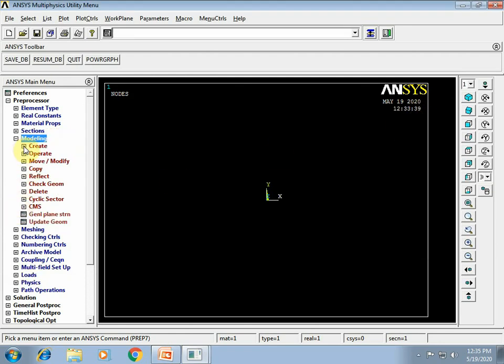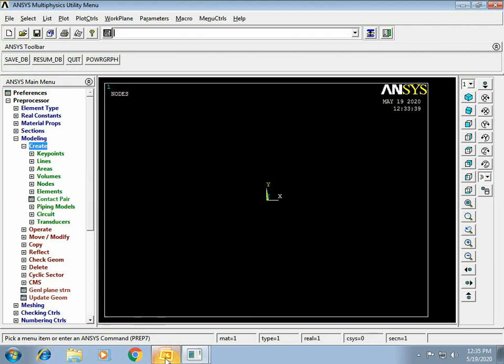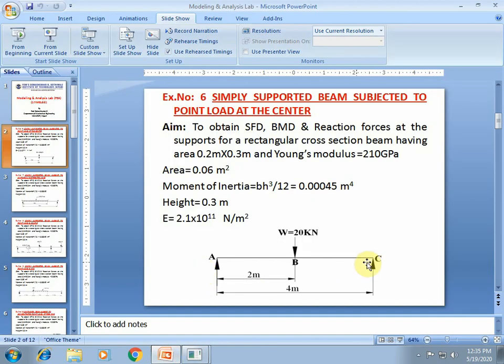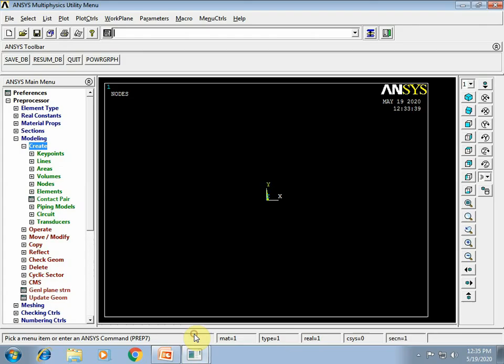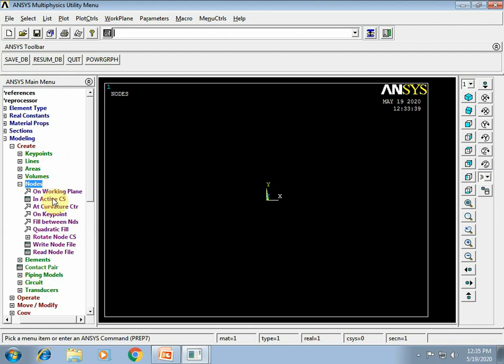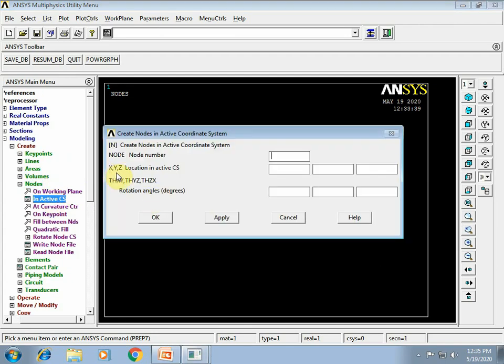Here I need to go for create. If you see, I have to create 3 nodes here, that is point A, B and C. B is at 2 meter and C is at 4 meter from point A. So nodes in active coordinate system, since all the coordinates are in x direction, in y and z there is no need to give the coordinates.